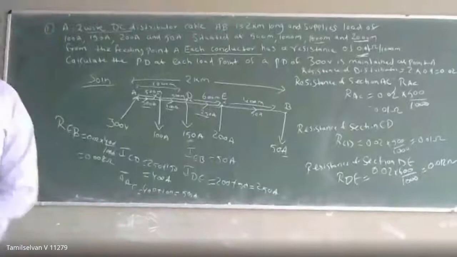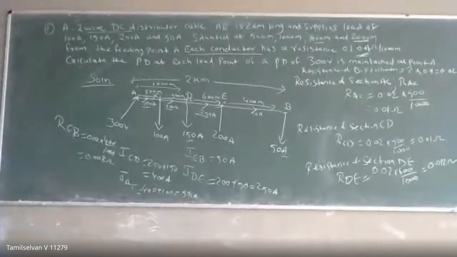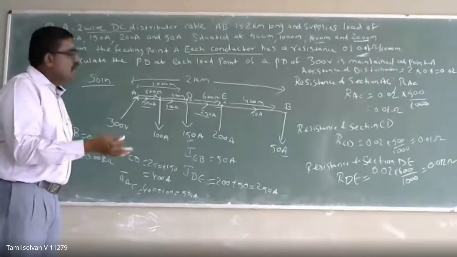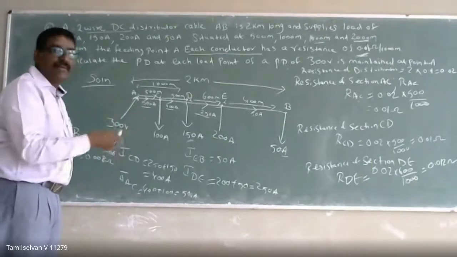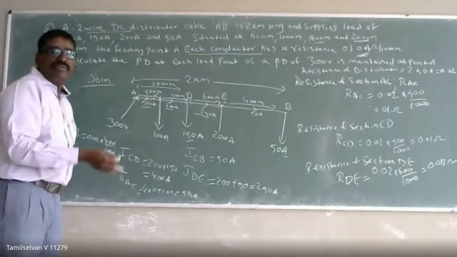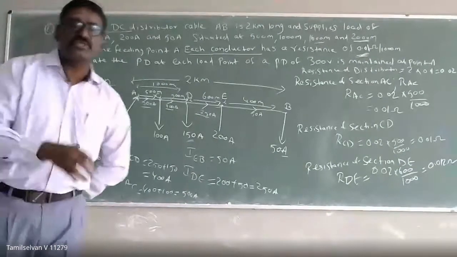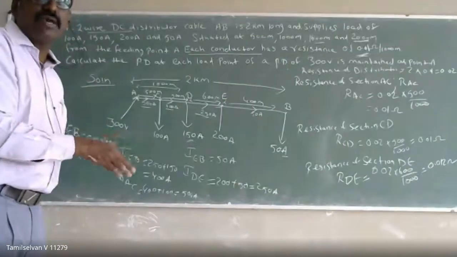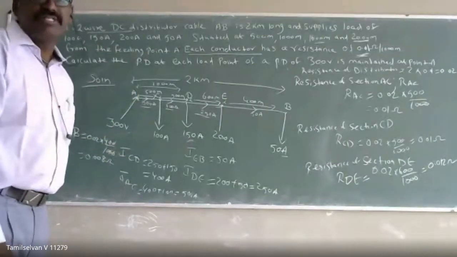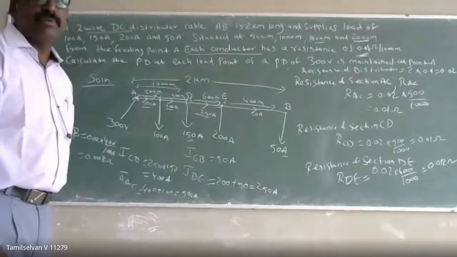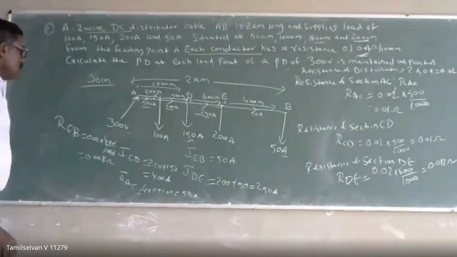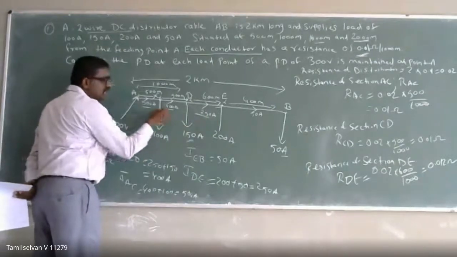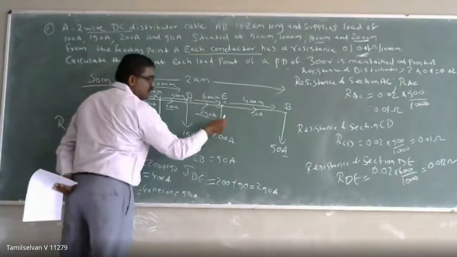So now you have calculated. It's a simple problem only. For the distributor, how do we find the minimum potential, or calculate the potential at the different tapping points? It's very simple. If you know Ohm's law and Kirchhoff's current law, you can calculate the potential difference as well as the minimum potential point in your distributor. By applying Kirchhoff's current law, I have calculated the current in each and every section.